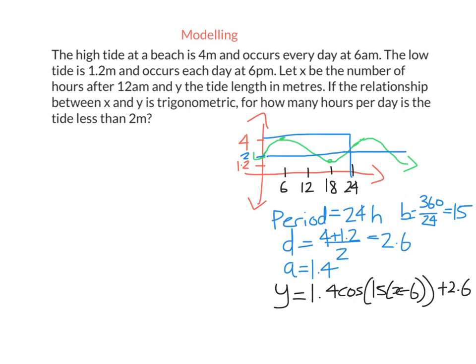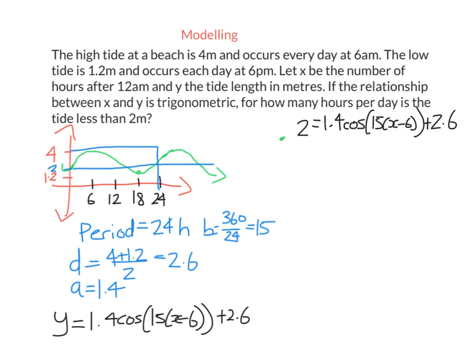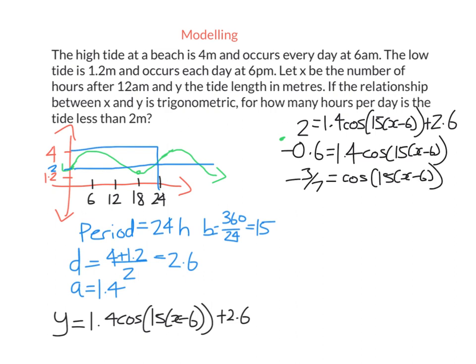To find out for how many hours a day it's less than 2, let's first find out when the tide length is equal to 2. It's exactly 2 meters each day. So we're going to take our equation and solve for y equals 2. First thing, we minus 2.6 from both sides. Then we divide each side by 1.4. Now we take the cos inverse of both sides. We get one solution from our calculator, which is about